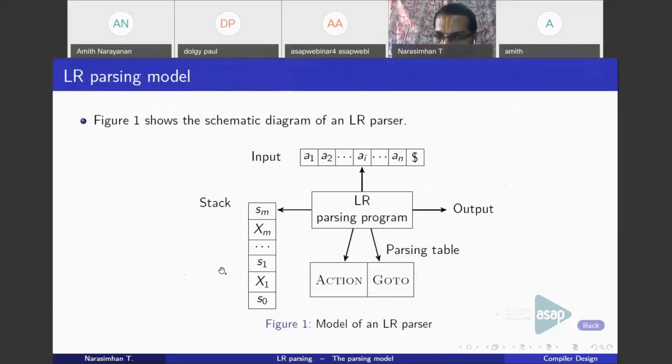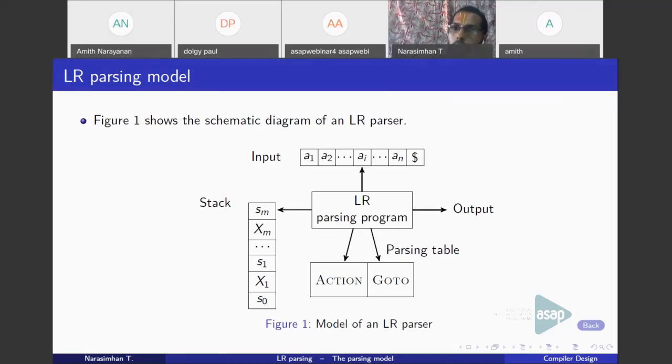If you look at the stack, the pop operation will always be performed with respect to the stack top. At the top, you have the state symbol. If you move downwards, it alternates between state and grammar symbol. First, you have a state symbol. Below that, a grammar symbol. Below that, a state symbol. Below that, a grammar symbol. It moves downwards like this. The stack string alternates between the state symbol and the grammar symbol. So what you need to do now is pop 2R symbols from the stack.